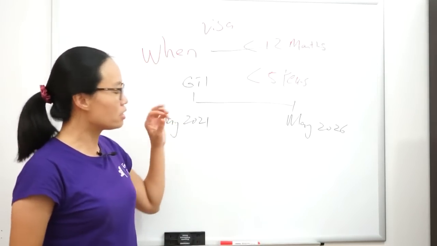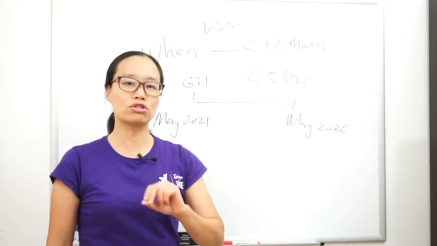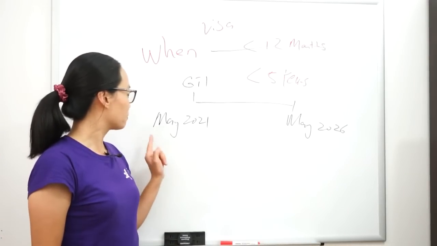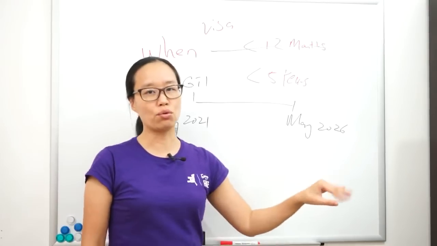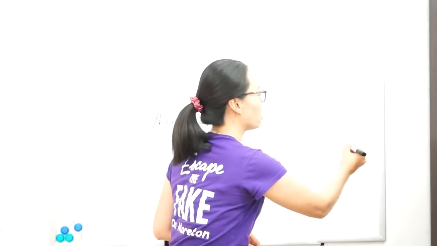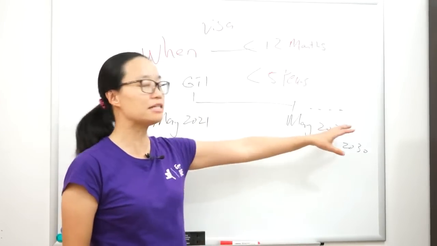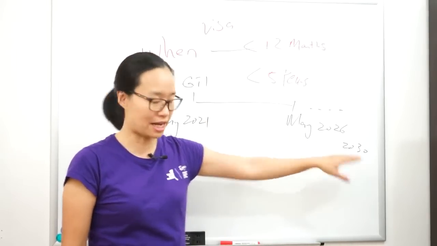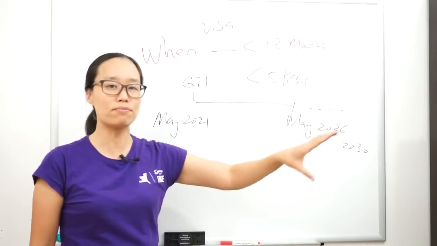However, let's assume someone is currently in Australia, they were in Australia at the time the visa was granted onshore, and they don't want to leave Australia at all. They stay the whole duration, and then in, let's say, 2030, they forgot to renew anything, but they didn't do anything. Can we say that person is not a permanent resident? No, he actually is a permanent resident, regardless of the time. That's the meaning of a permanent resident.